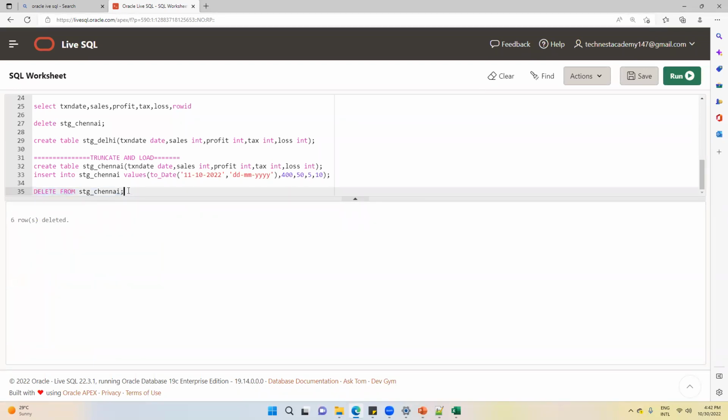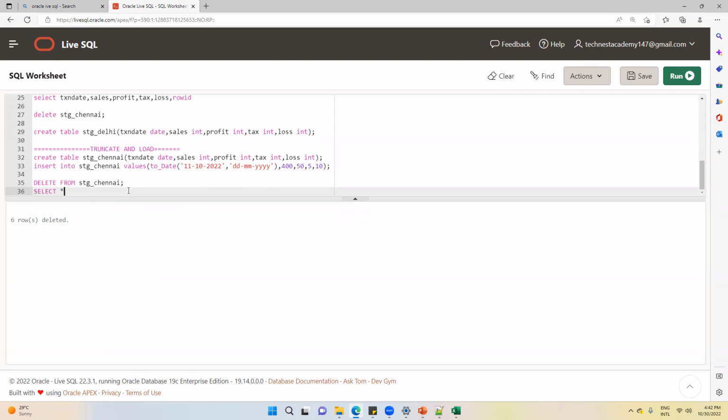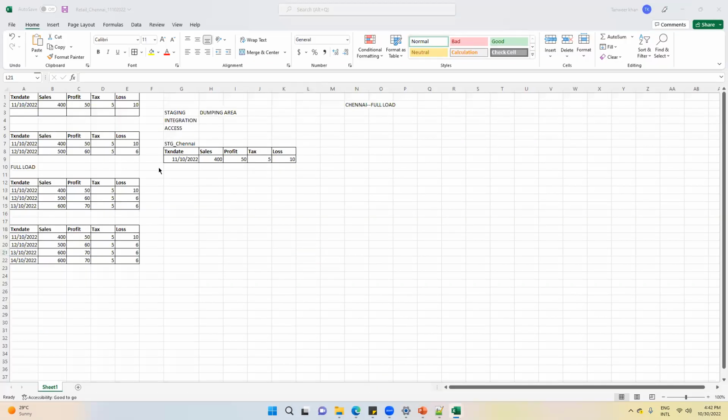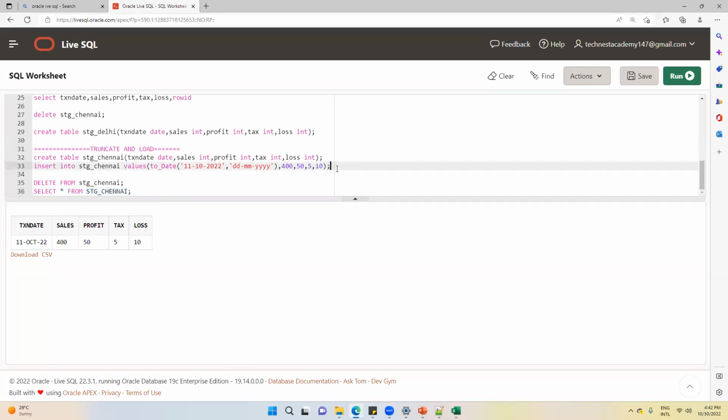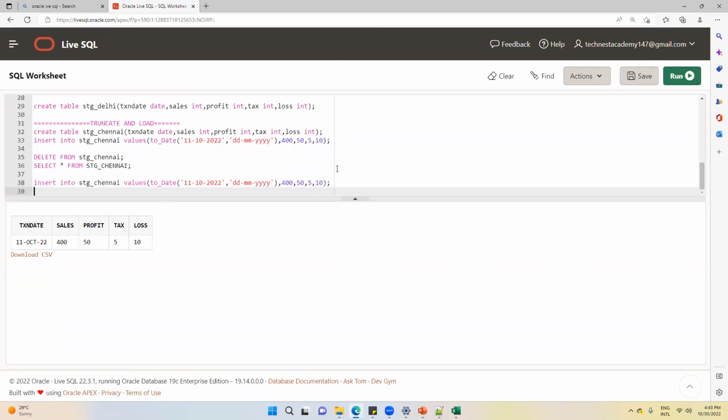This methodology tells that when you have received the data of 11th October, no data is there. I received data of 11th October. I will load it. Check the data. It is loaded. Now, when I have received the data of 12th October, suppose I have received this record, right?